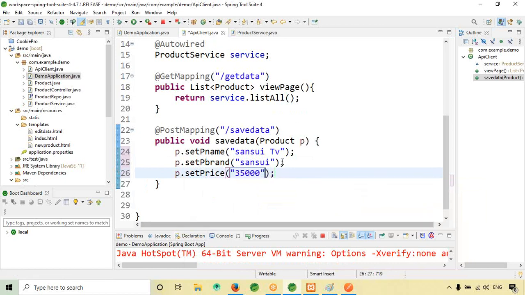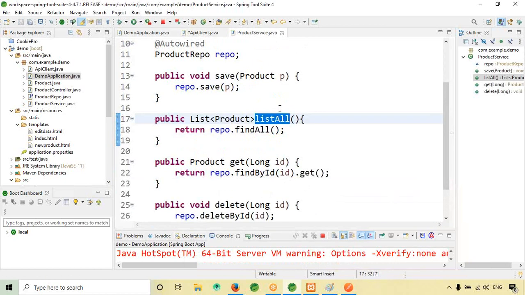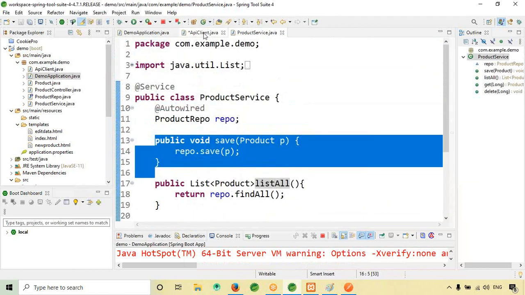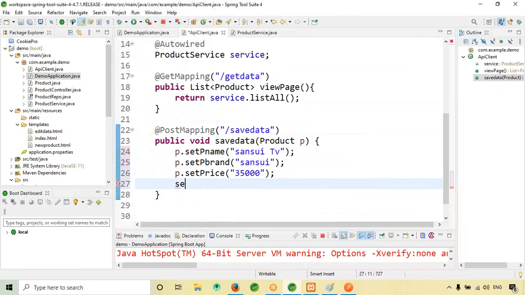Now I have to call save, right? So service dot save, like that.